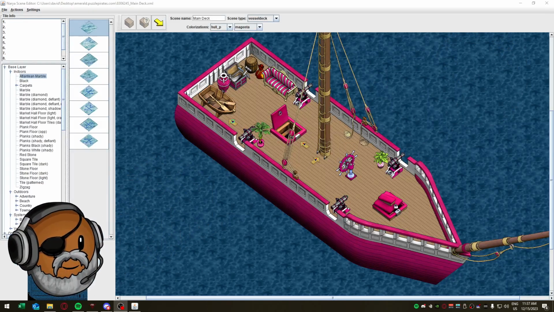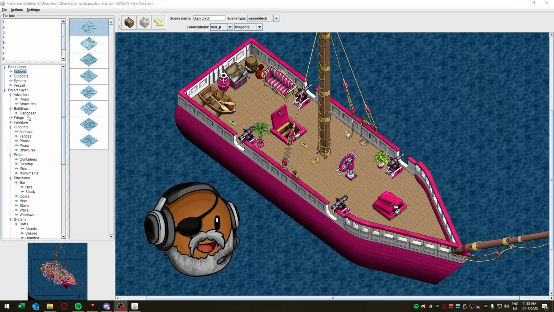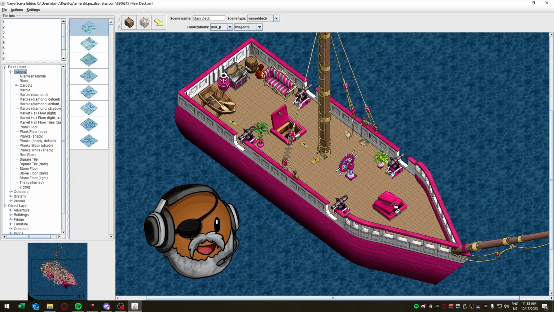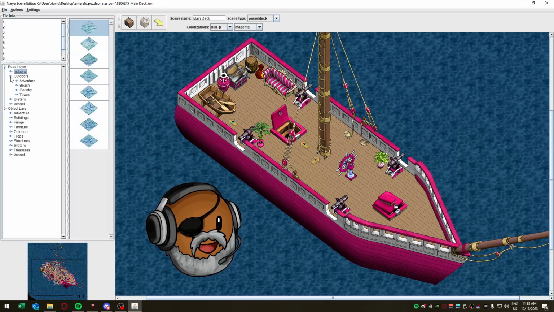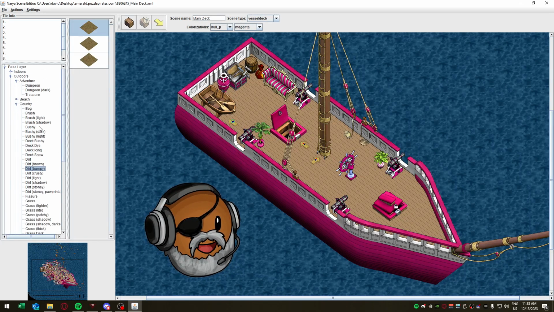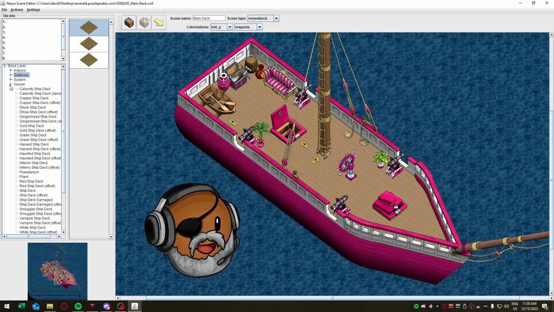Okay, so we are going to add some different scenes to it. You'll notice if I just minimize absolutely everything over here on this left side screen so that you can see what's going on. Okay, so you have your base layer, which is things like the floor tiles. So in these scenes, it would be like the ocean. And then you also have, I mean, it's all quite literally floor tiles, right? Once you've had that set up, then you can move on to